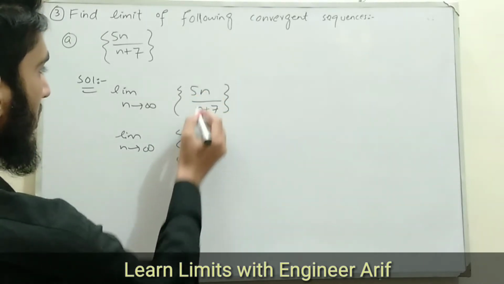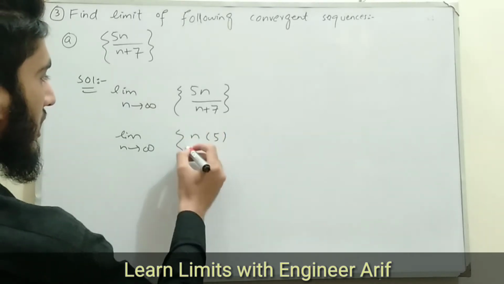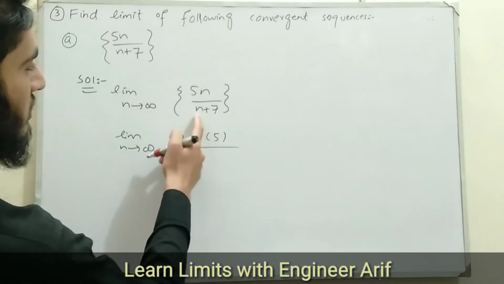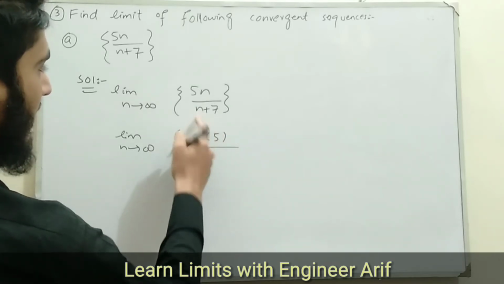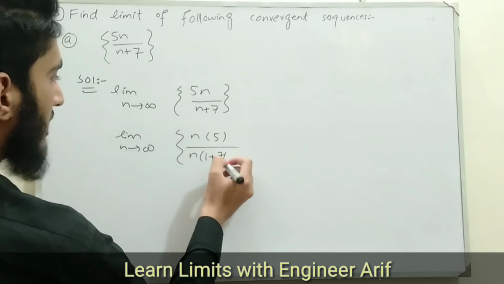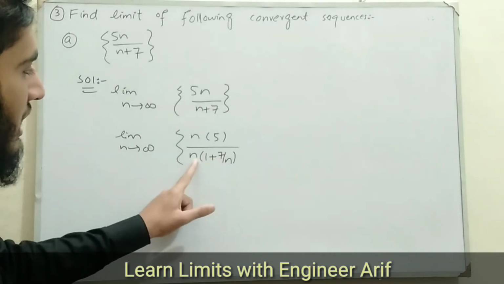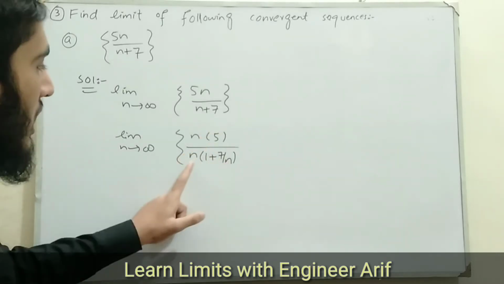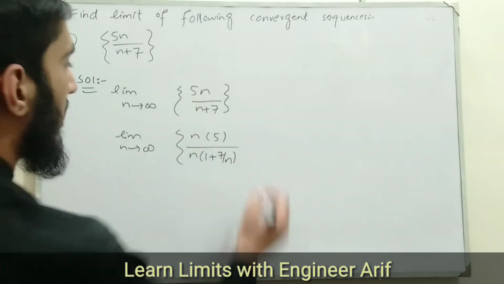and numerator. So from the numerator, if we take n common, inside we are left with 5. In the denominator, let's suppose I take n common from n plus 7. So by taking n common, inside we are left with 1. And here if we take out n common, we are left with 7 divided by n. Why 7 divided by n? Because 7 divided by n multiplied by n again gives us the value 7. And n multiplied by 1 again gives us n. And here 5 multiplied gives us again 5n.